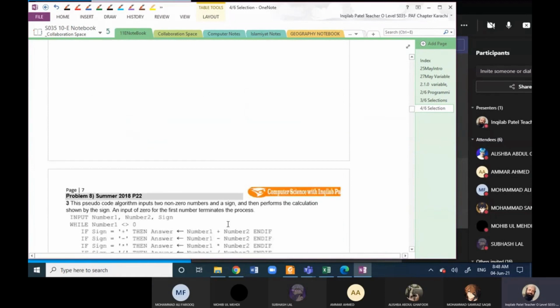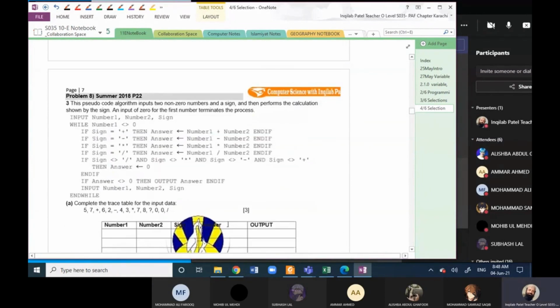For example, here you will observe that it is asked, this is a calculator, right? It says that if sign equals to plus, if sign equals to minus, if sign equals to multiply, and if sign is equals to division, right? How many outcomes are there? There are several outcomes. Plus, minus, multiply, division, and not equals to plus, minus, multiply, division. It means there are 5 outcomes. There are several outcomes. So it should be written in case.